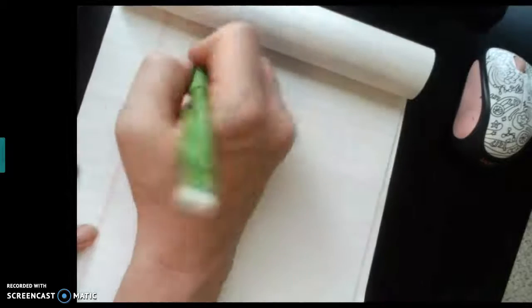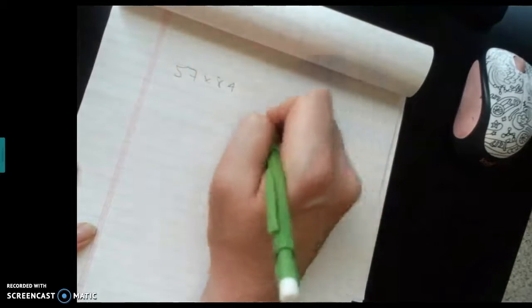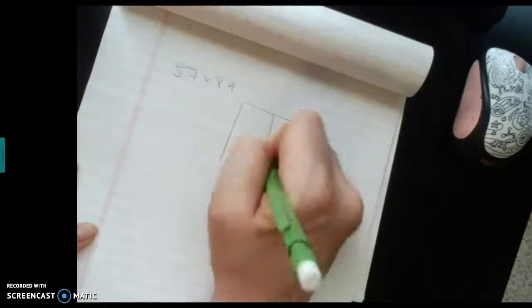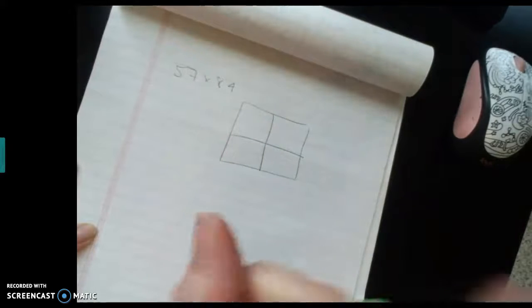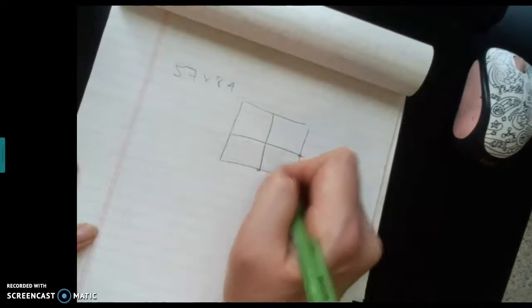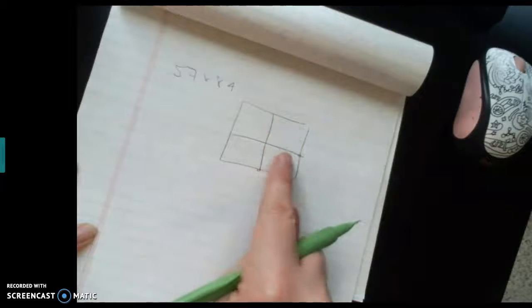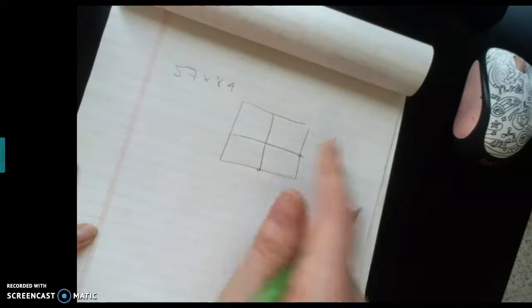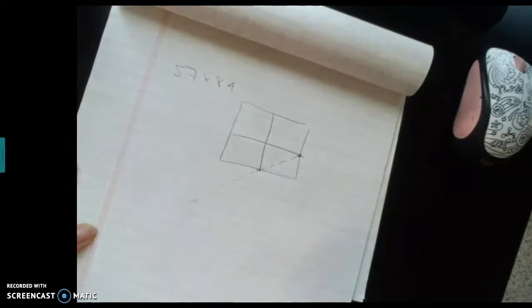Lattice is kind of the new standard algorithm. So with Lattice, if I have 57 times 84, we're going to make a 2 by 2 grid, so a box with a plus in the middle to make 2 by 2. And we're going to draw diagonals from corner point to corner point going upper right to lower left. So if you have the 4 boxes, the one in the far right bottom, I'm going to go up from